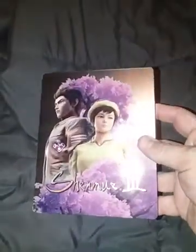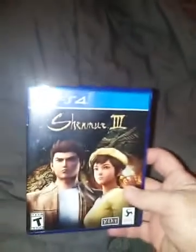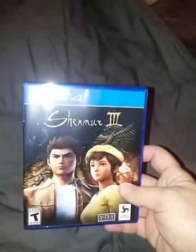Of course, it did come with the regular case itself, but I figured to myself, for $8 with a Steelbook, and there's the regular case itself, I'll go ahead and give it a shot, because to be perfectly honest,